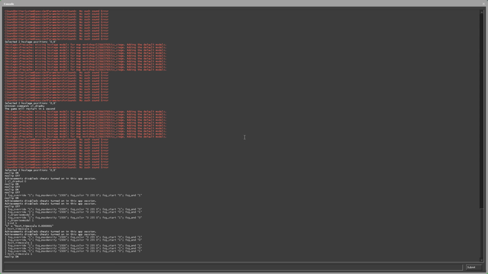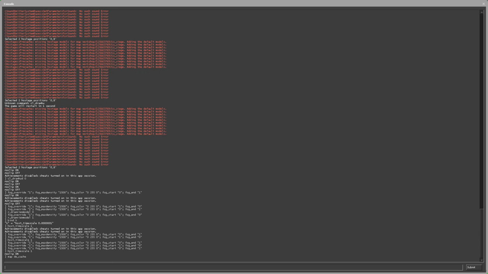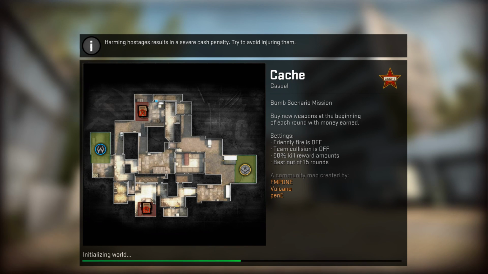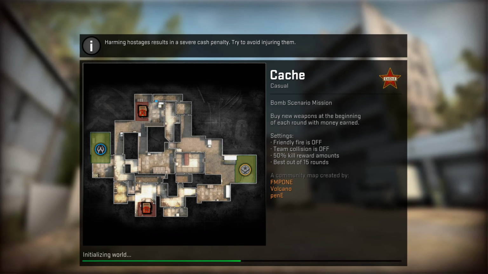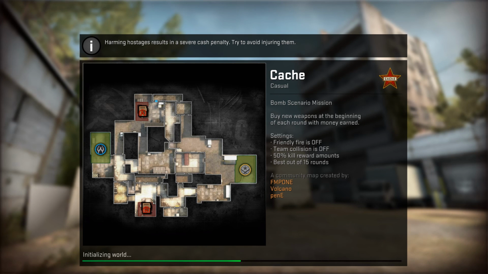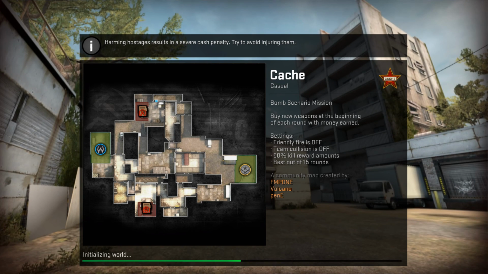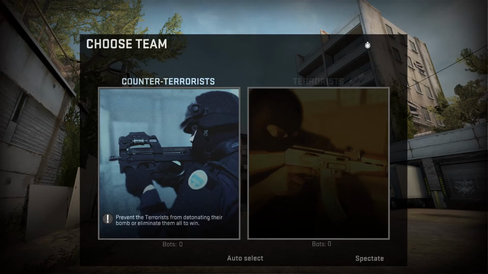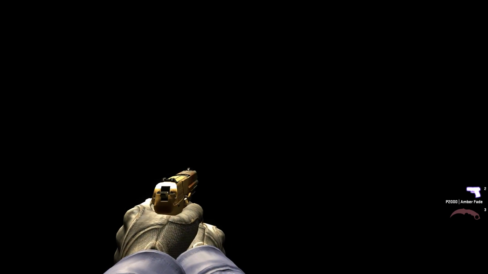So yeah, this works with 90% of maps, apart from cache, actually. And let's load up onto cache and show you. I don't know if they fixed it or not. They may have, but cache used to have this problem where basically all the green screen would actually be black, and that could cause problems sometimes. Yes, there we are. The whole map's completely black instead